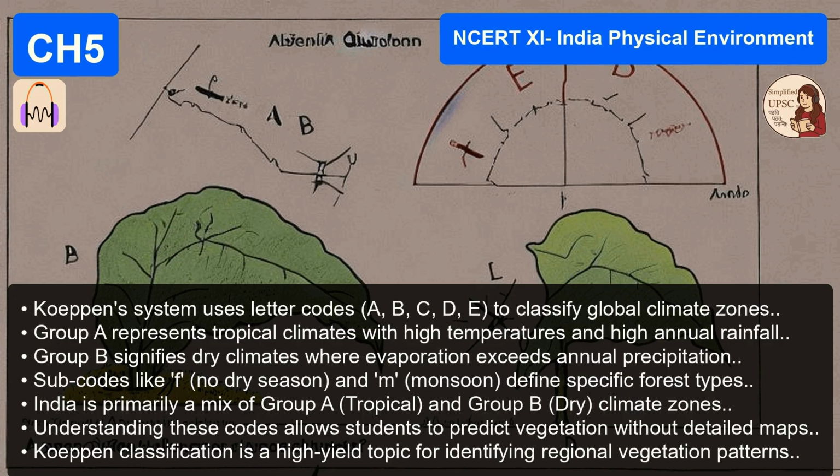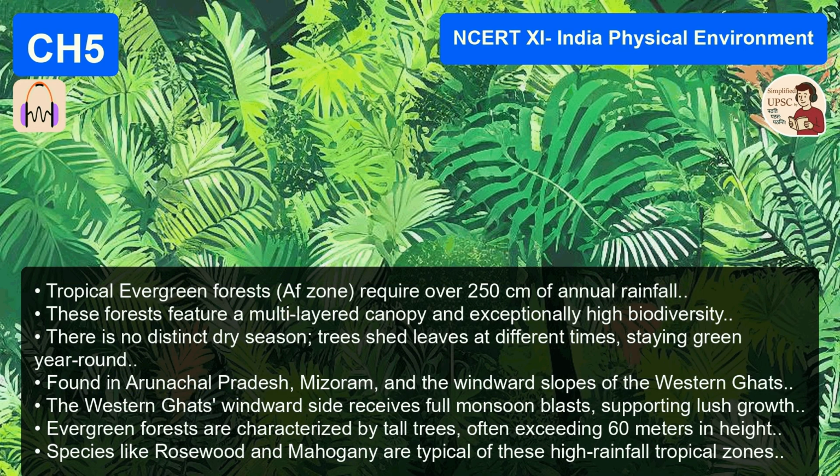Exactly. And that brings us to the actual forests themselves. Let's zoom in on that Group A category then. Segment 2, tropical forests. These are the real heavy hitters of the Indian landscape. Specifically, we need to start with tropical evergreen forests. The green hell, as some of the old explorers used to call it. A bit dramatic, maybe, but it's accurate in terms of the sheer density. Right. These are found in the tropical wet climate. That's the Af zone. We're talking about regions near the equator, and in India, the absolute wettest parts of the